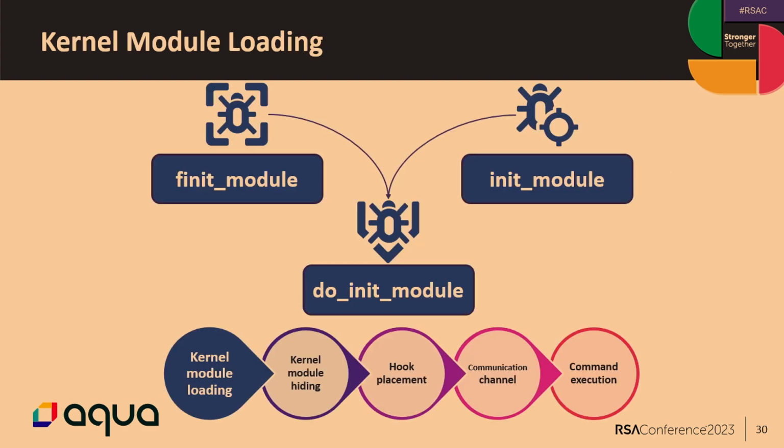OK, so the first one is loading. There are basically two syscalls that help us load a kernel module, finit_module and init_module. The main difference is that finit_module gets a file descriptor. It needs a file in order to load the module. The other one actually grabs a buffer of a kernel module and loads it into the system. So if an attacker wants to be really invisible, usually he will fetch the buffer of the kernel module from the internet, use that syscall, and just load it into the kernel without ever touching the disk and leaving any forensic evidence.